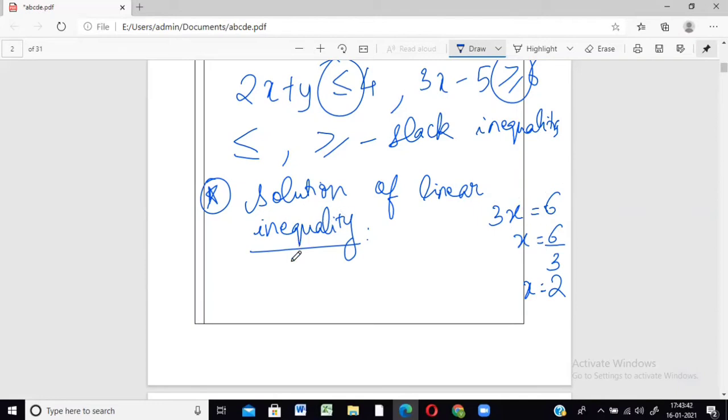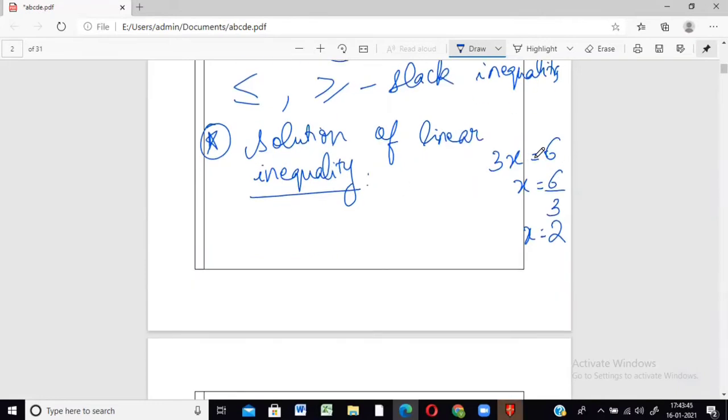Now let us come and deal with the solution of an inequality. This was the solution of a linear equation, but we are dealing with linear inequality, right? So it's the same thing. The value or the values. Here there is only x, but if there were two variables, it would be values, because it is plural. So value or value(s). There is no s over here. Value or values means it can be either singular or plural, whatever it is, of the